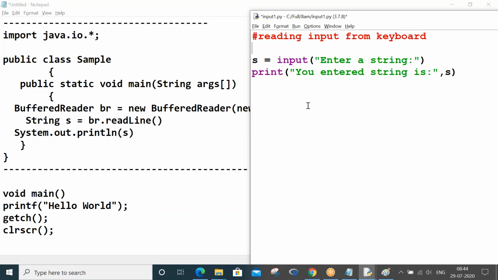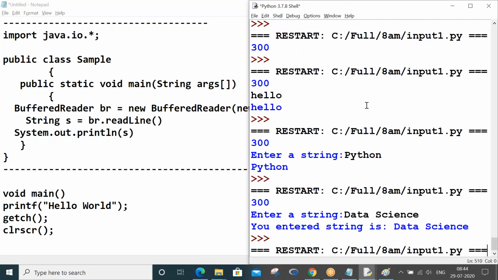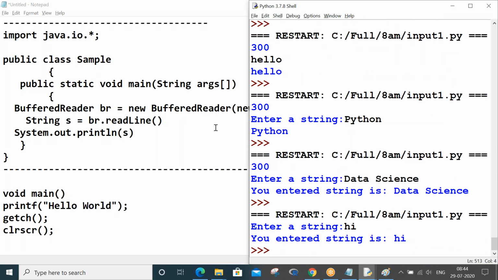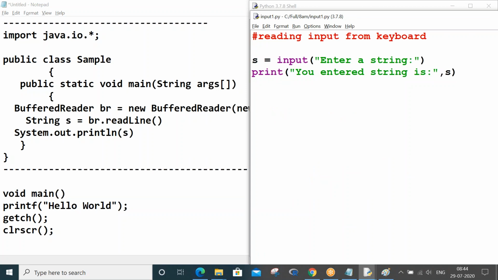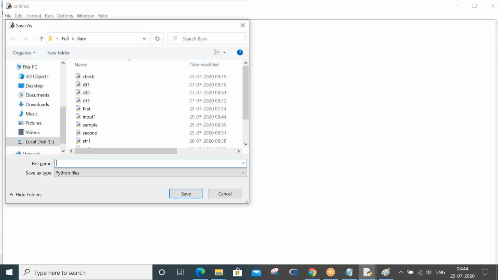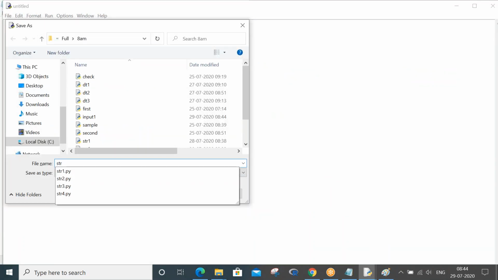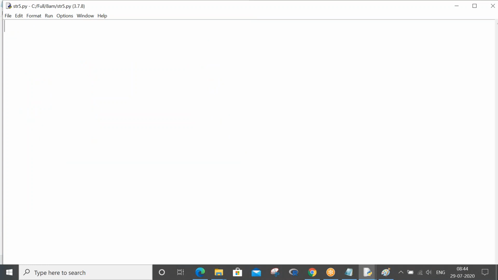So for now you see, printing that you entered string is yes, so that's fine. Now let me proceed with our further program. Control S, F5, enter string hi. Okay, so this we have seen. Now let me move on to another program. Control N, Control S. Don't bother about the notes part, in the last 5-10 minutes I'll open it. Let me proceed. Sorry, not str5, sorry guys, that's not a big deal. Program name: input ex2. Fine.